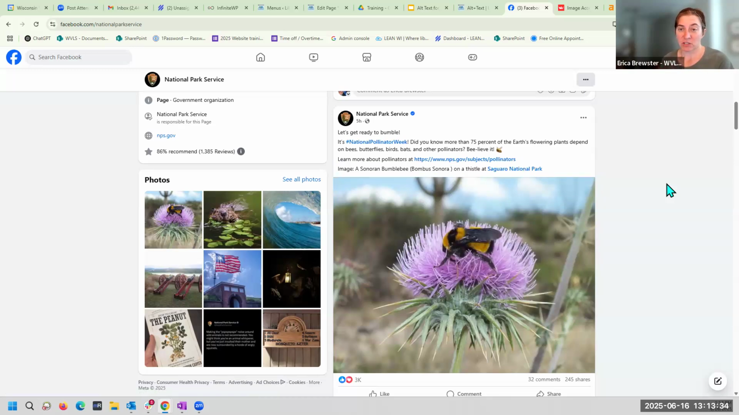They chose an image that tells more in a visual way about what the text of the content they want to talk about, National Pollinator Week. And they chose an image that shows a pollinator on a thistle. But we also benefit from getting to see the alt text because now we know why they chose it. They chose a specific bumblebee, and they actually give the scientific name, and on a thistle plant and the location